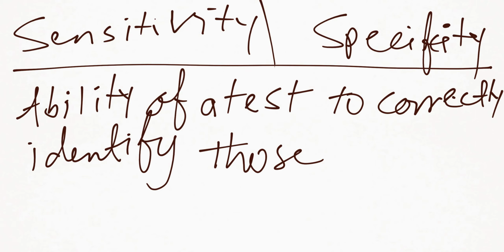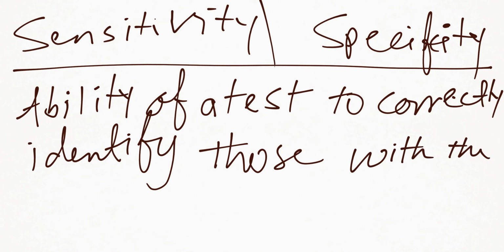The ability of a test to correctly identify those, then we will see who are those. So a high sensitivity test, when they say that this test is highly sensitive, this means that this test has the ability to correctly identify those with